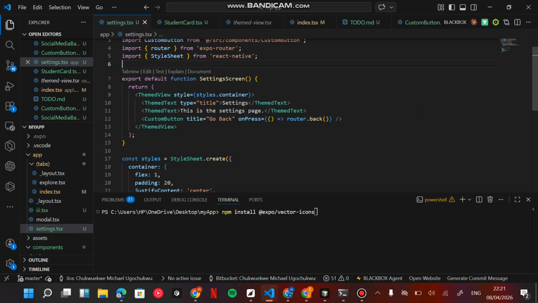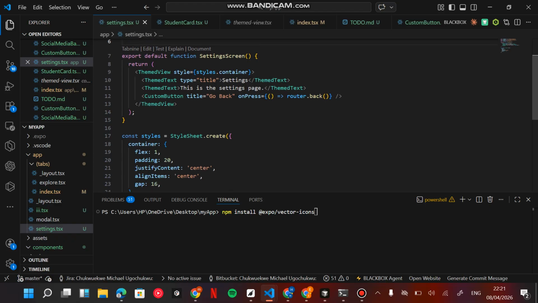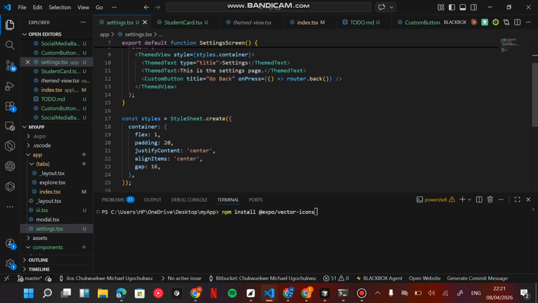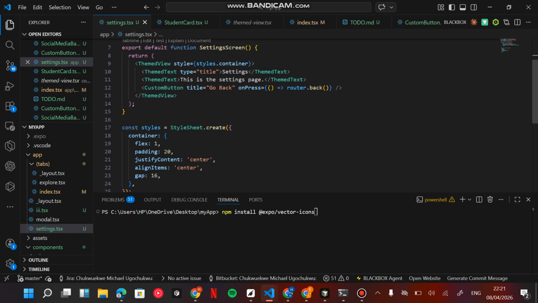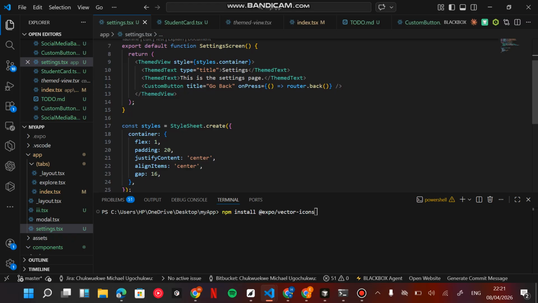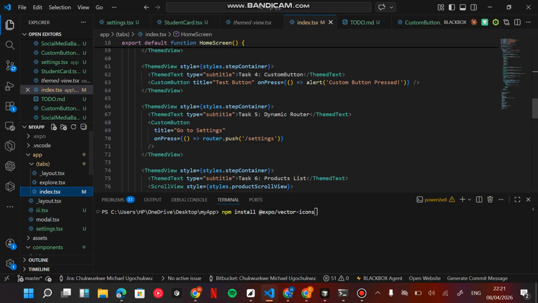Then onPress, this and router.back, like I'm sending it, so when I click on the button it sends me back to the previous page. You understand? Then const styles equals StyleSheet.create, the normal styles component. Then container is my own style, the class I'm styling. Then I'll just come here to styles.container. I already explained this before. You understand? So you just come to your index file and do